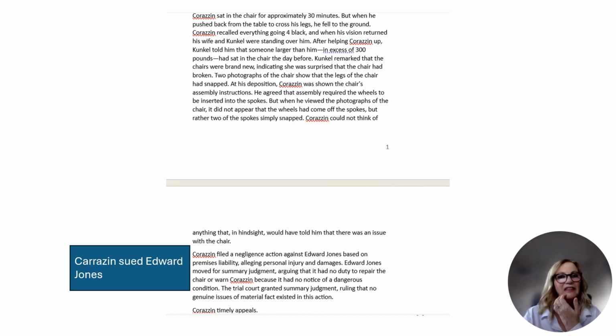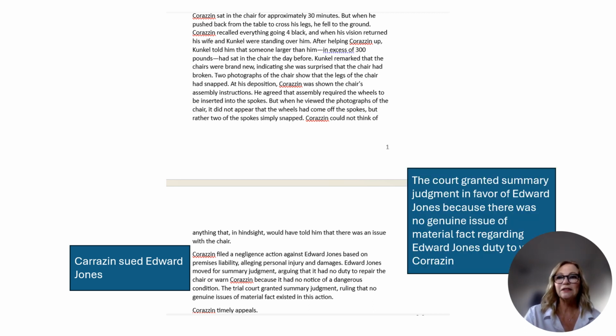But before we get there, we're reading through and we see that Corrazin sues Edward Jones, okay? They filed the negligence action, Corrazin did. And this is where they get all the discovery and they go, wait a second, there's really no genuine issue of material fact regarding we owed you a duty to do anything, okay? Sure, you were harmed by the chair that was broken, but what did we do to cause that harm? Now,